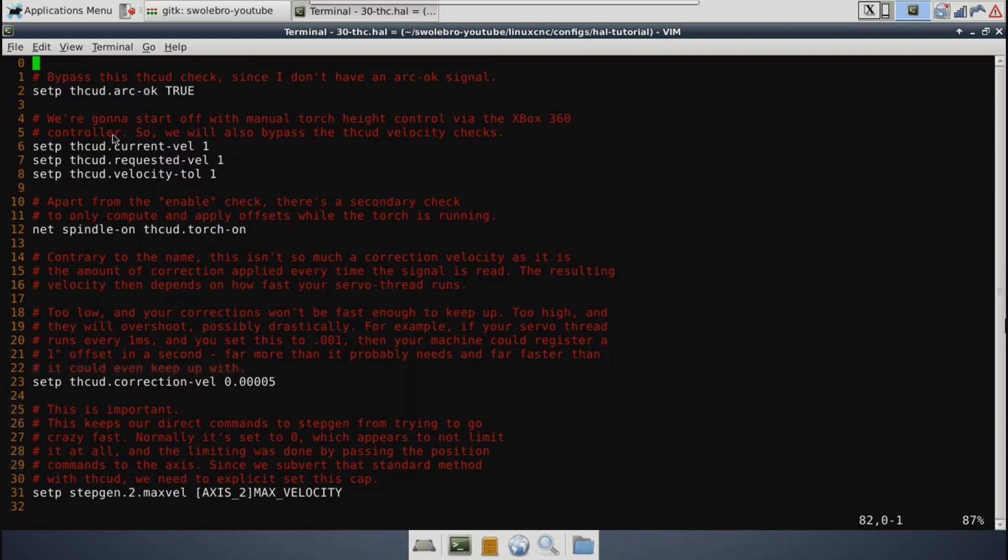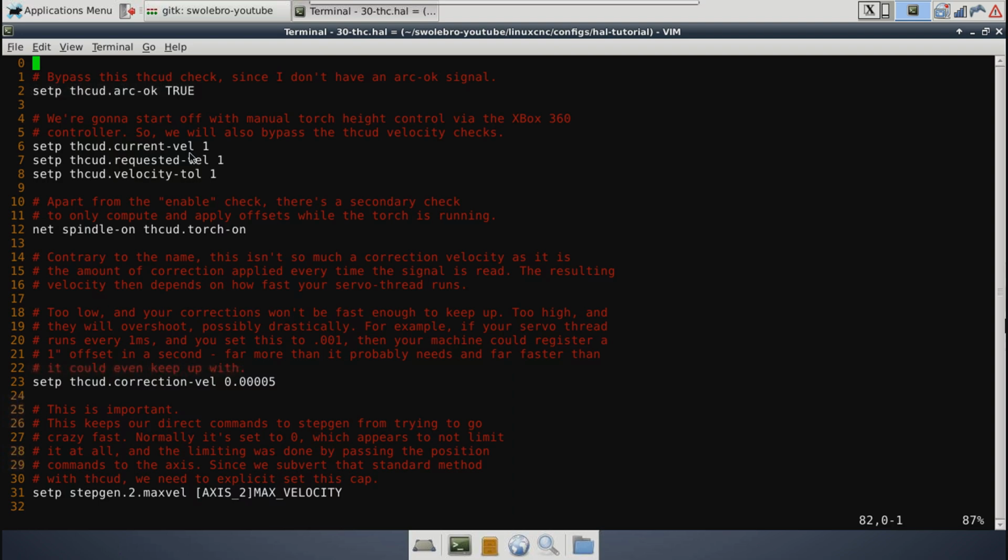Now there's also some velocity settings for THCUD, and that's because in normal operation, when it's automatic torch height control, you don't want it running when the torch is going around corners, because at those points, around a corner or when it just starts off, it's going slower than your requested cut speed. And at a slower rate of cut, your kerf is going to be wider and your voltage is going to be higher, which will mean your torch height controller reads the torch is higher than it should be and tries to drop the torch. So you can hook up the requested velocity from the axis component, I think, or maybe